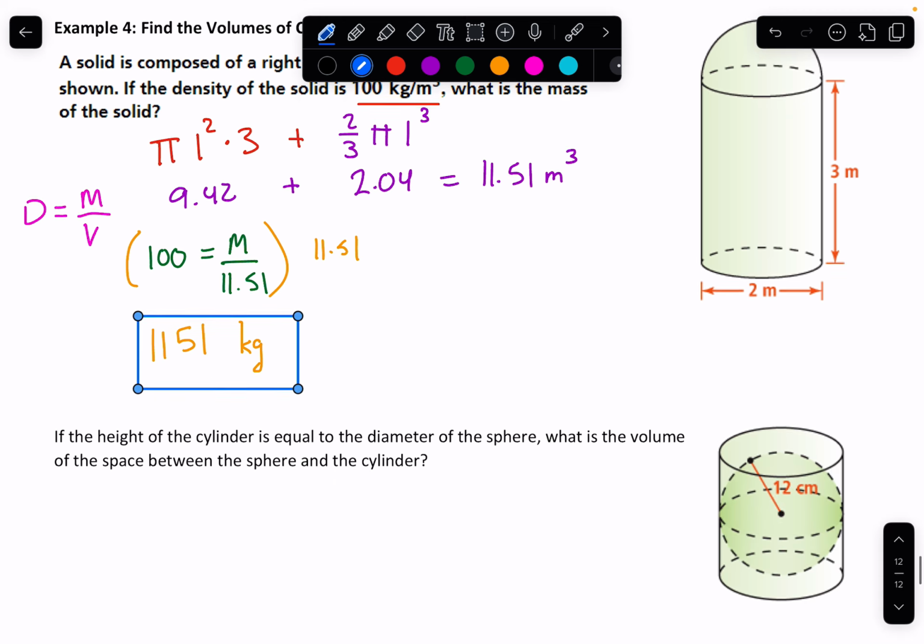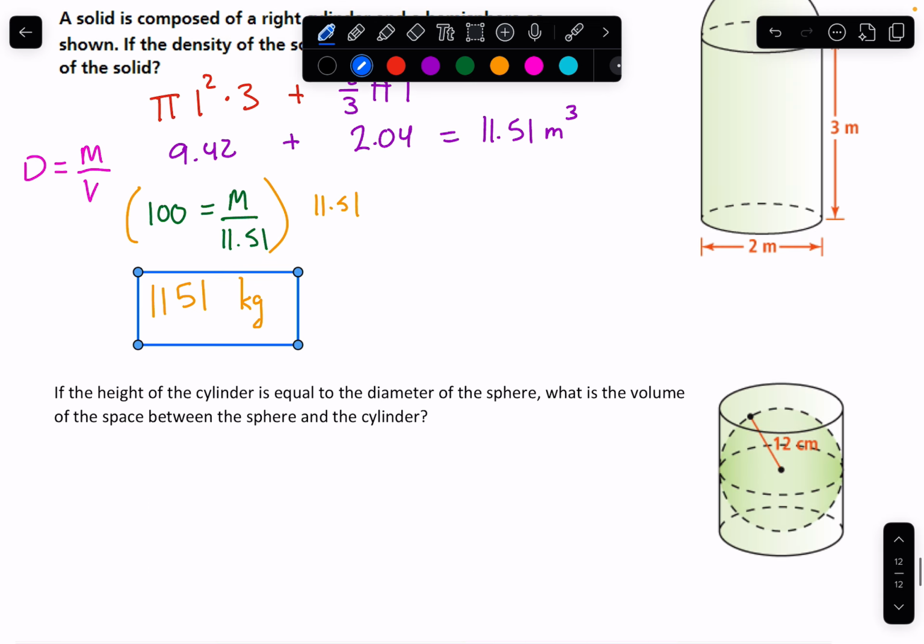Fantastic. One more example, similar to the one we did up above, where we have a sphere inside of a cylinder. It says the height of the cylinder is equal to the diameter of the sphere. So this is also inscribed. The sphere touches the cylinder at the top and the bottom and all the way around the center. What is the volume of the space between the sphere and the cylinder? So the unused space, right? So to figure this out, we'll just take the volume of the cylinder